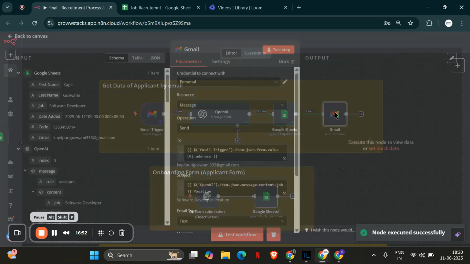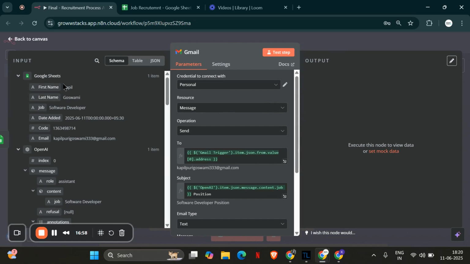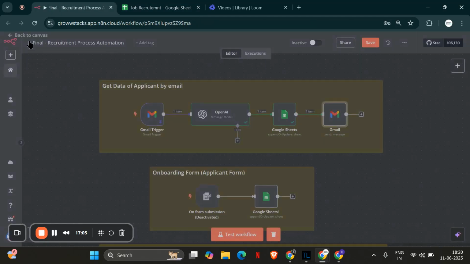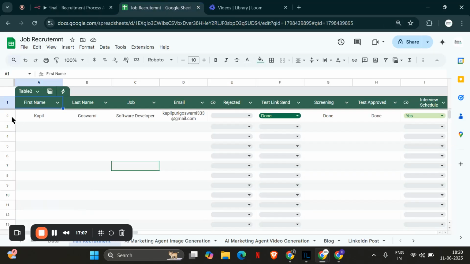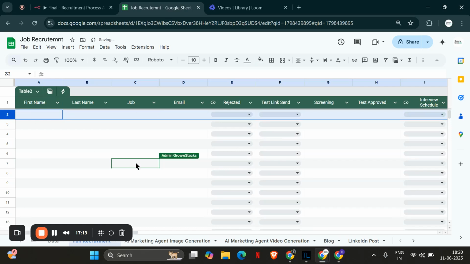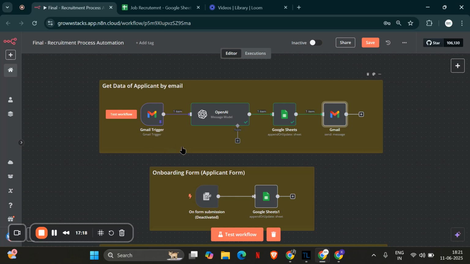and we can see it updated in Google Sheet. So first of all, what we do, we just clear this whole row. We start from scratch. And this one,